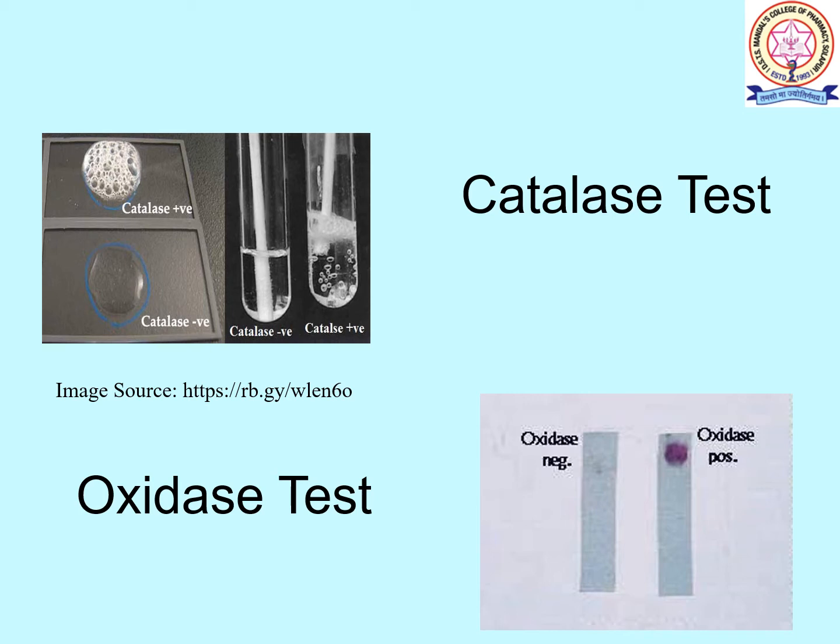Or we can have the direct plate method, where 2 to 3 drops of reagent are added directly to the suspect colonies on the agar plate, and we have to observe the color change on the plates. Or sometimes we can use the Kovacs oxidase reagent, which also shows a dark purple color change. And if we are going to use other reagents, then the color change will be either red or black, other than Kovacs reagent.